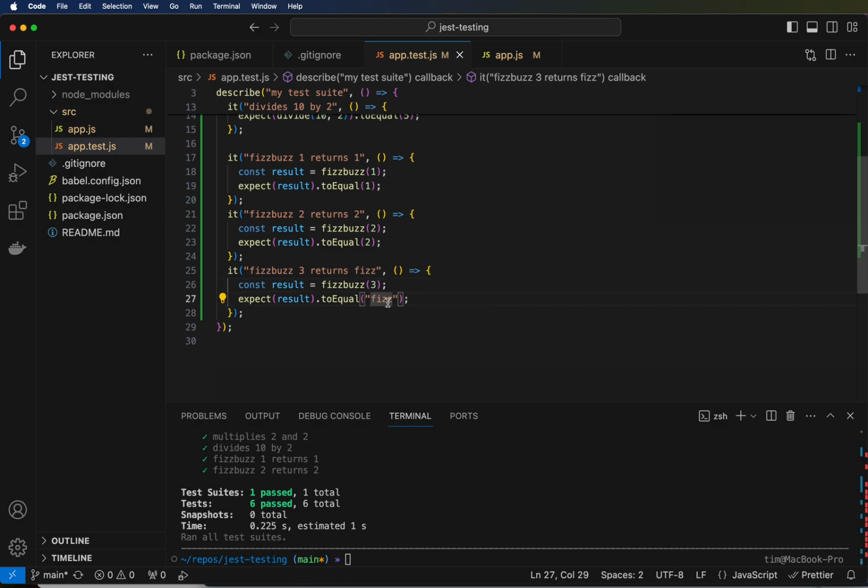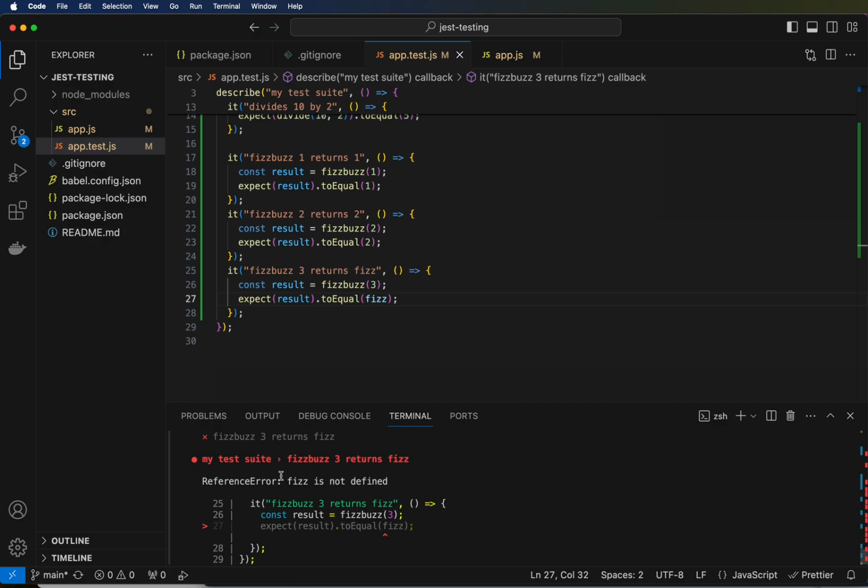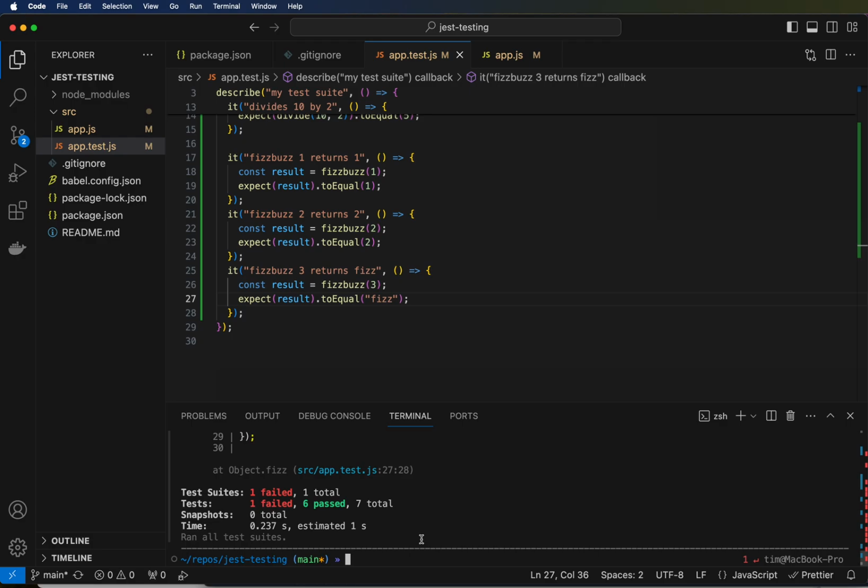If I were just to write Fizz in here, it would give you an error. Let's see what that looks like. It says Fizz is not defined. Fizz is not defined means that it thinks that there's a variable named Fizz that you're referencing, but you haven't actually done a const Fizz equals anything. So it's not a valid one. So instead, I will surround that with quotes. And now if I run the test,